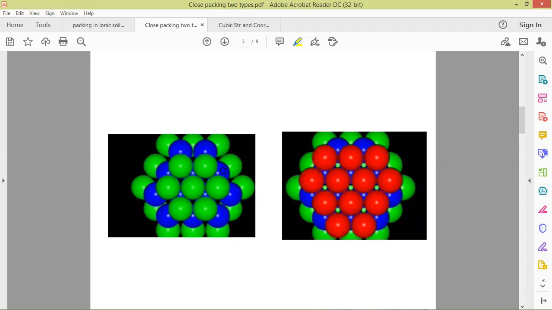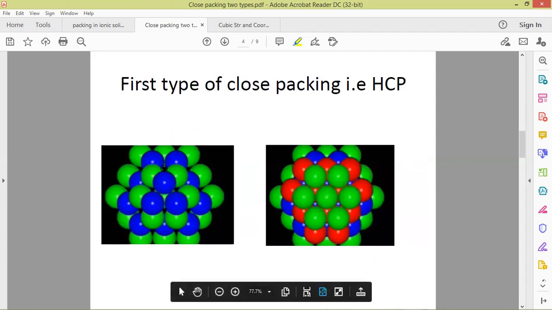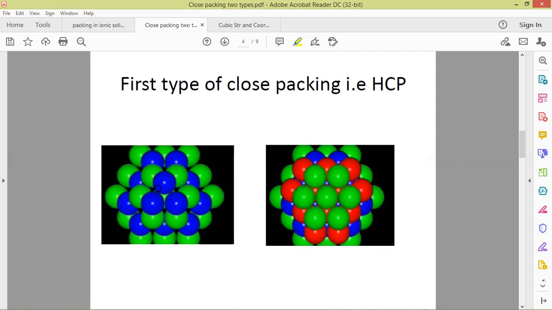Now when we put the fourth layer, as shown here, the fourth layer will come exactly above the second layer. So there is alternate layering, which is why it is called the AB stacking pattern, and it is also called HCP, the hexagonal closed packing system, where the AB stacking pattern is followed. In the second type of layering system, we put layers up to the C layer. Now the fourth layer will come exactly above the first layer. So this system is called the ABC stacking pattern.